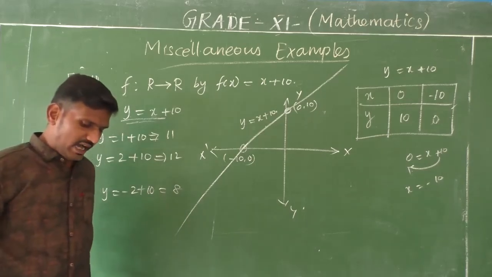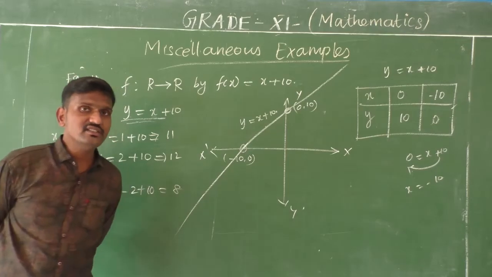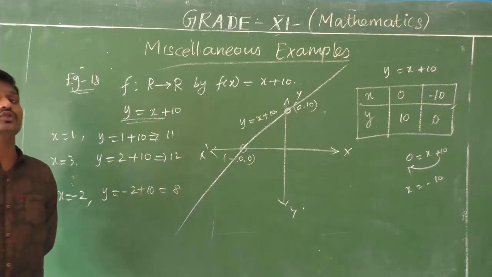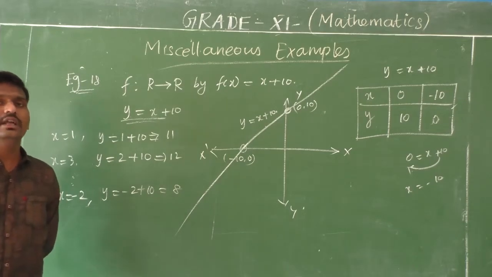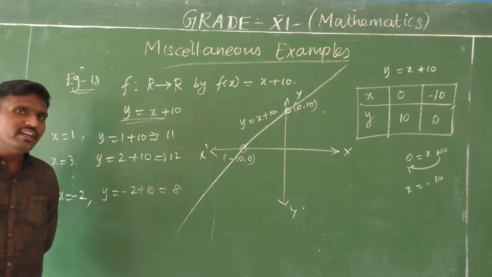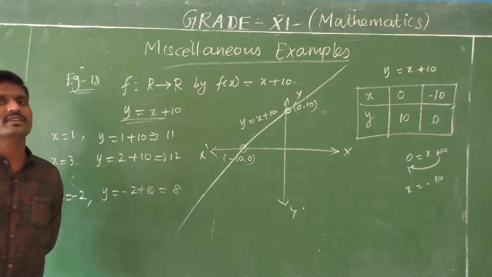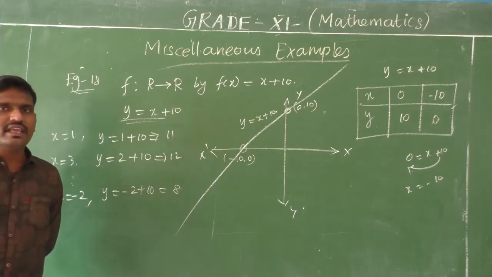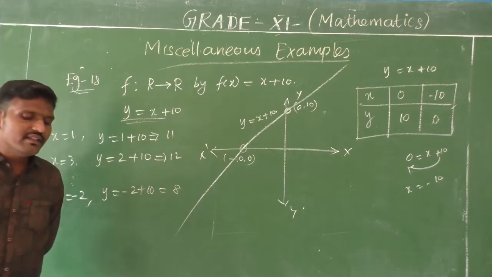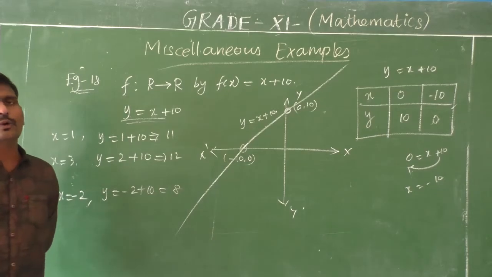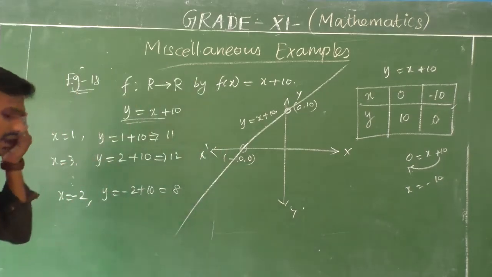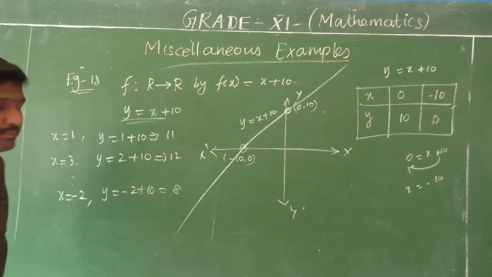See, at the bottom you have one definition. A function f defined by f of x equal to mx plus c. This one also you studied in your 10th syllabus, 2nd chapter, polynomials. What is the general form of a linear polynomial? y equal to mx plus c, or ax plus b, anything. And what is the general form of a quadratic? y equal to ax square plus bx plus c. So like that, they are giving the linear function as f of x equal to mx plus c. Have you got it, children? It's fine. And example 19 is a very simple one.